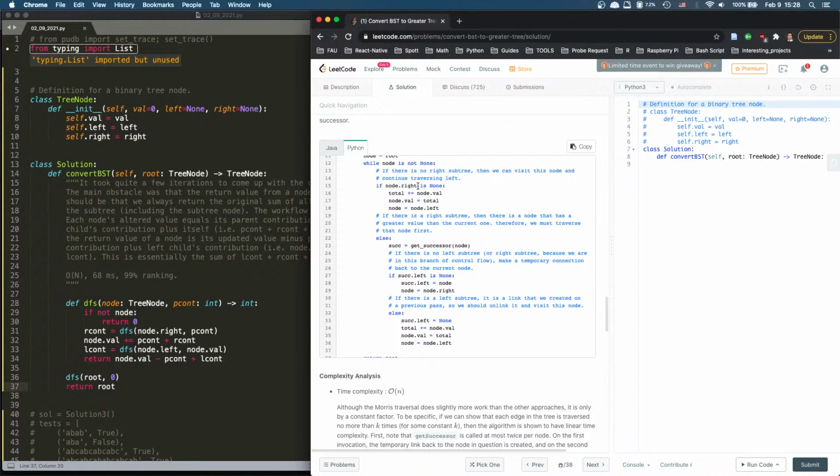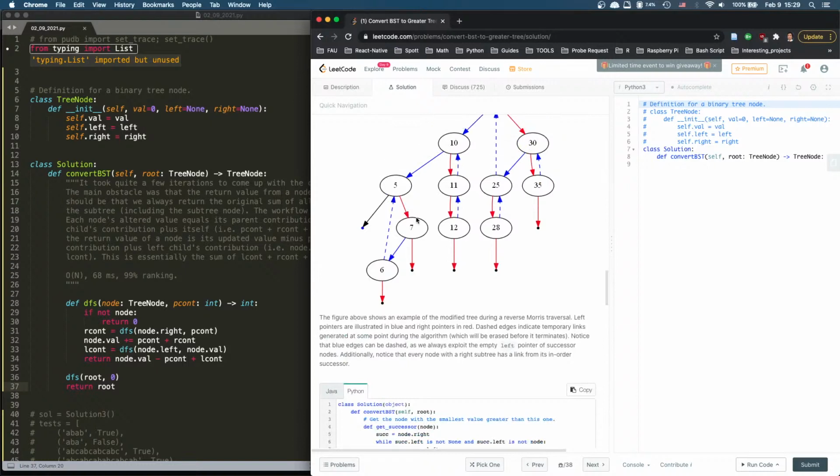If the right is not none, then we go here, we keep making this temporary thing, we keep making the temporary thing, until we hit the rightmost one. And then we add to the total. Then node equals node dot left, right? Equals node dot left. So this will,